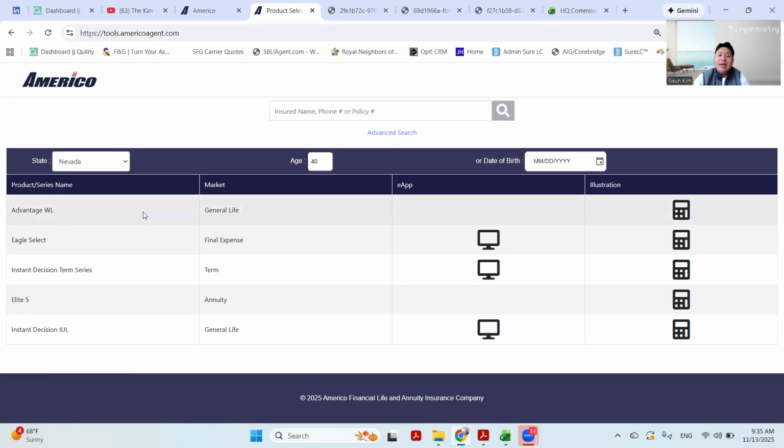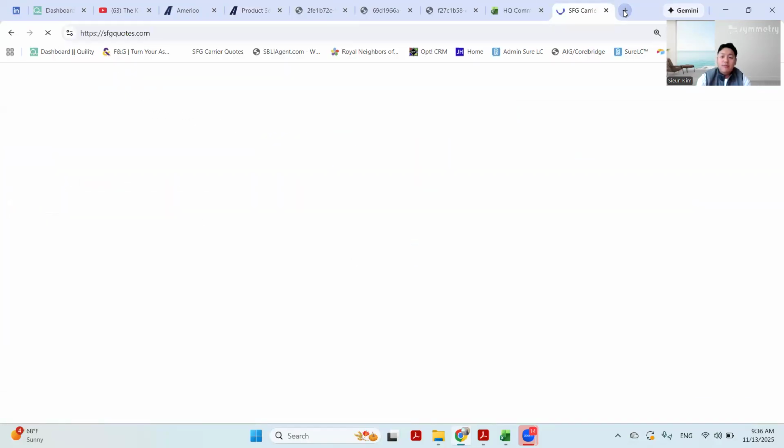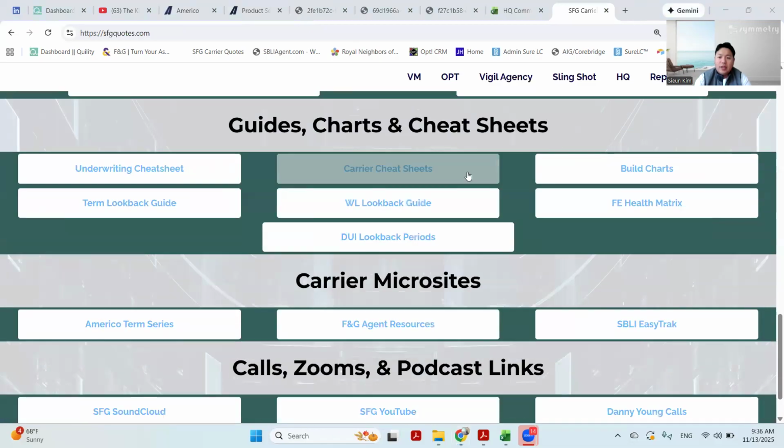You can't do that. This Eagle Select, you see this right here? Eagle Select is his final expense. This one is okay for cancer. So if you wanted to do that, you can. It starts at age 40. And if you wanted to take a look at the underwriting cheat sheet,